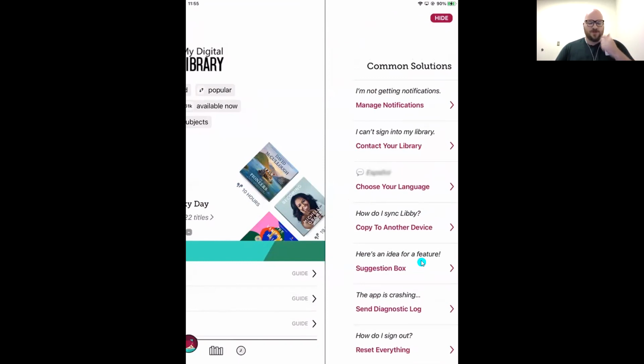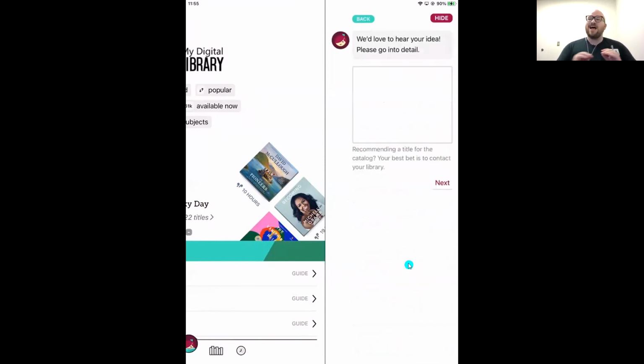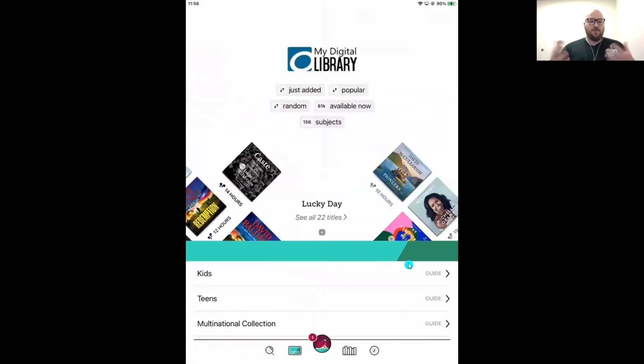Here's an idea for the future. You can come in here, type as much as you want, let them know that you think the symbols are counterintuitive, or if it's a new feature you'd like to see added, absolutely pop that in there and submit it. And the more people who are submitting that, the more we're going to see those changes happen or features added